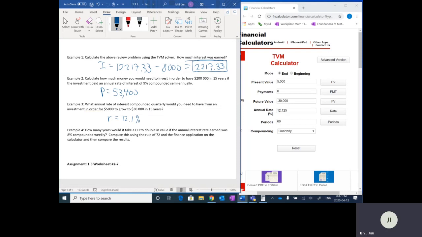All right. So last example, how many years would it take a CD to double in value, if the interest earned was 8% compounded weekly? Compute this using the rule of 72, and then the finance application, in other words, the TVM solver. So we're going to just kind of compare. So if I use the rule of 72,